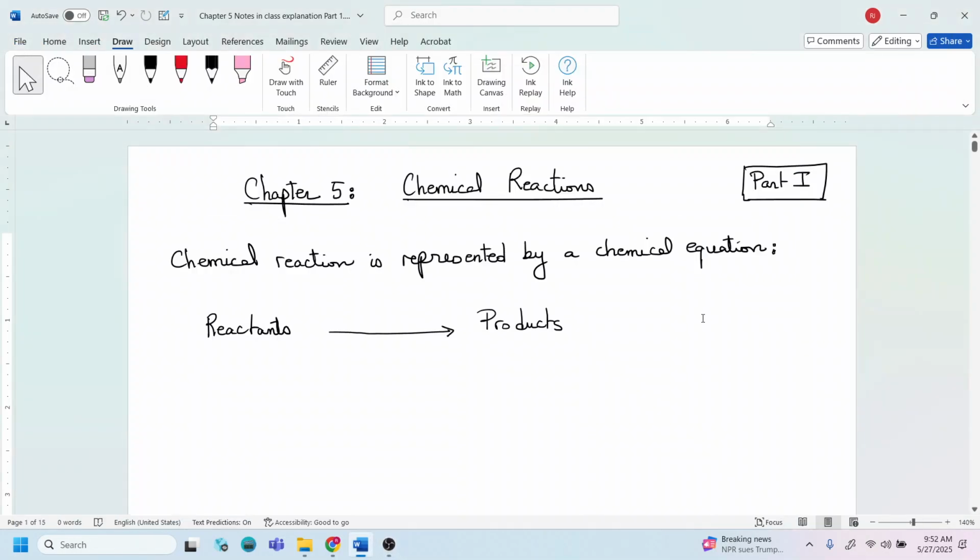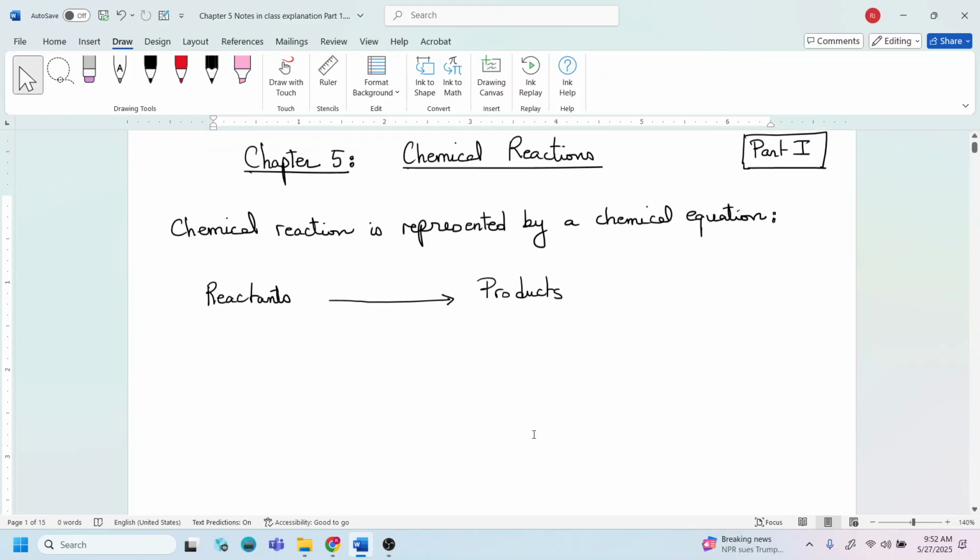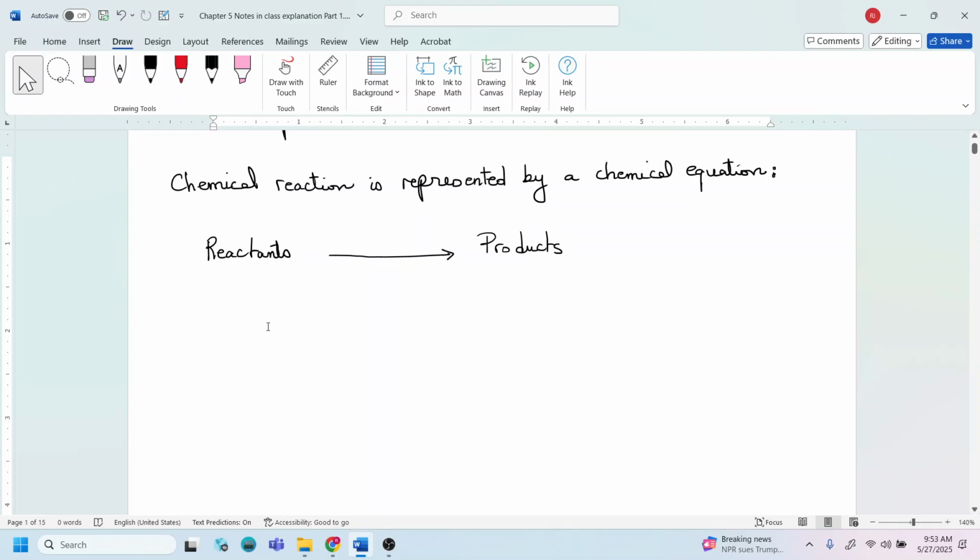In this chapter, we will go over how to write a balanced chemical reaction, the types of reactions, and how to use stoichiometry to determine the number of moles in the reactants and products. And at the end of the chapter, we will go over calculations for the limiting reagent. So, whenever we want to talk about